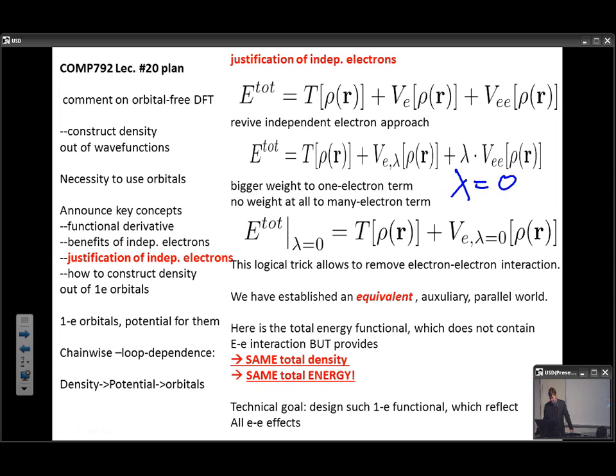So for lambda equals 0, one does have only kinetic energy and the term in the functional corresponding to a single electron. Electrons do not interact with each other, but the total functional should be the same. And this sounds crazy to me, but it is what they did. And this one electron term has to keep an imprint of everything that was before, of all multi-electron interaction,